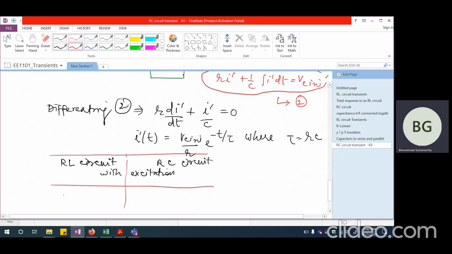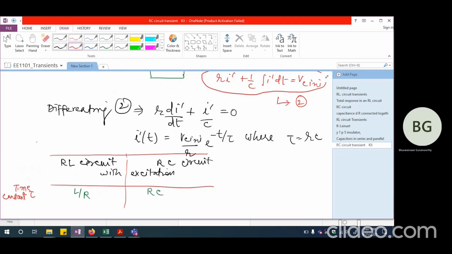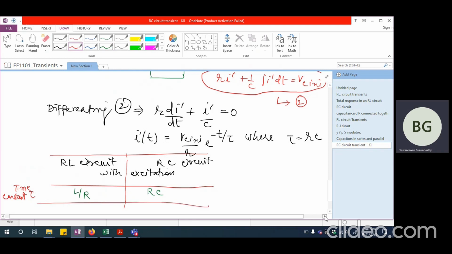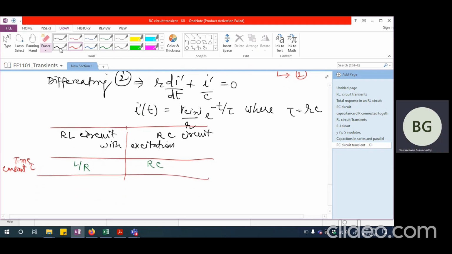So if I say what is the time constant, tau, that is going to be L by R, whereas here it is going to be RC. Okay. And if I try to look at what is the current,